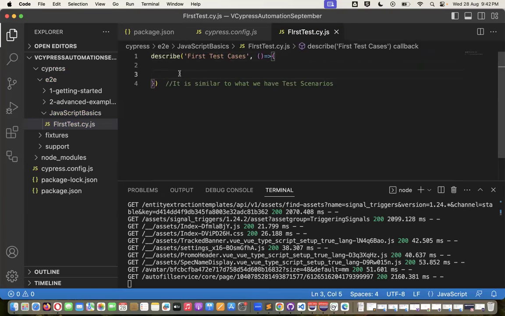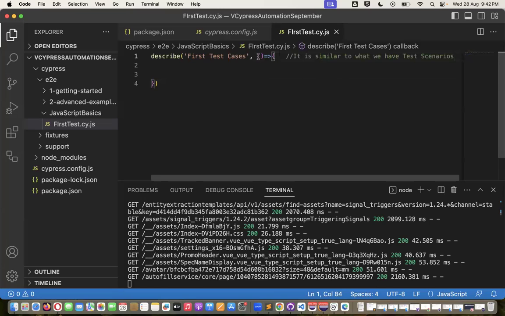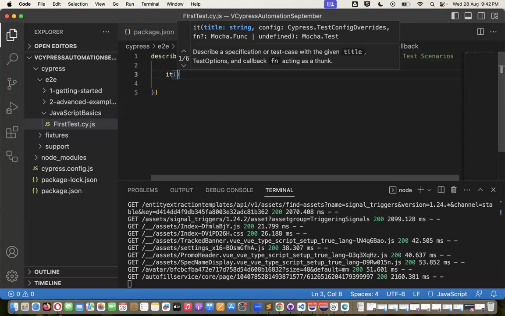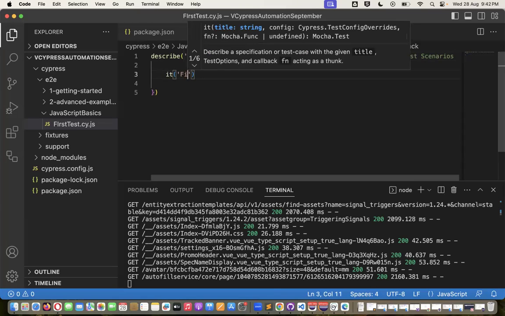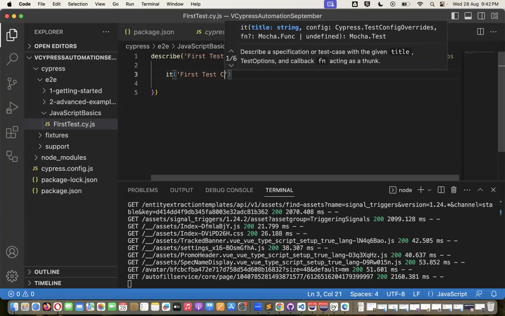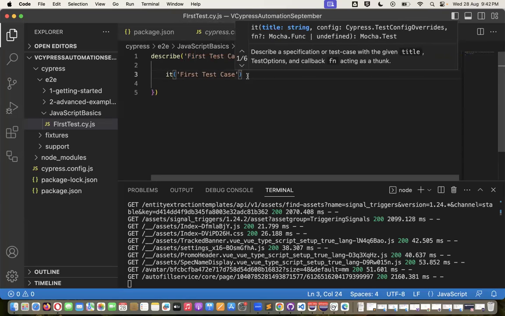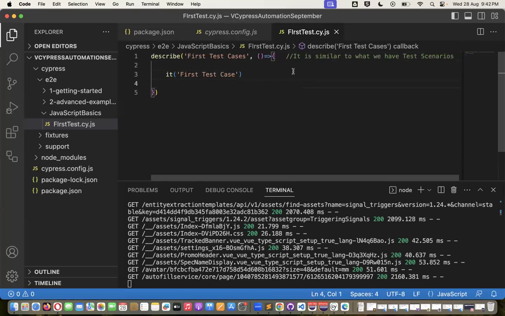This is called a callback function. Again, I'm repeating: two round brackets, equal to and greater than sign. This particular symbol is called a callback function. After that, the it block. So what is the it block now? First test case. And the it block, I would repeat,